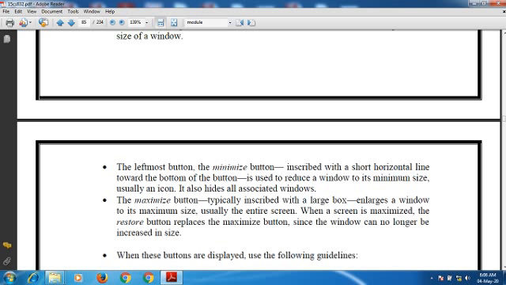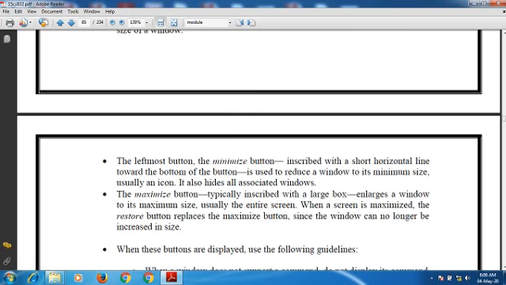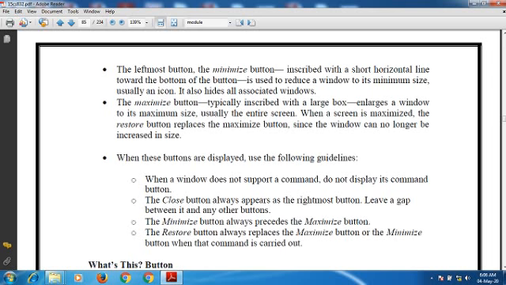When these buttons are displayed, use the following guidelines. When a window does not support a command, do not display its command button. The close button always appears as the rightmost button.